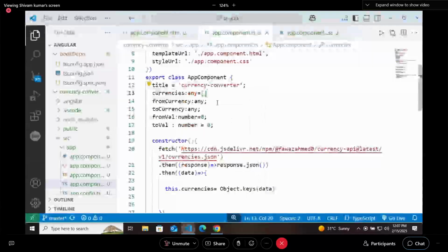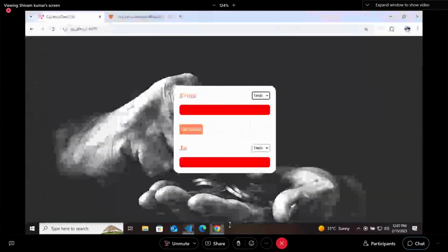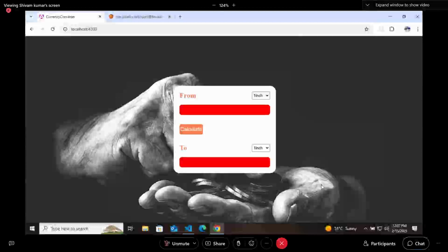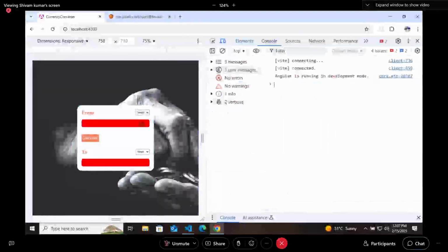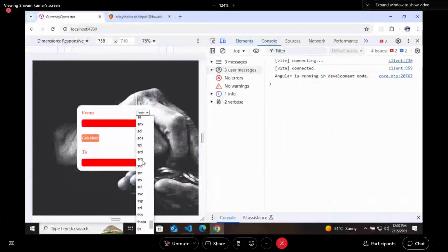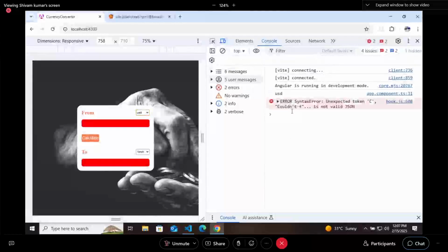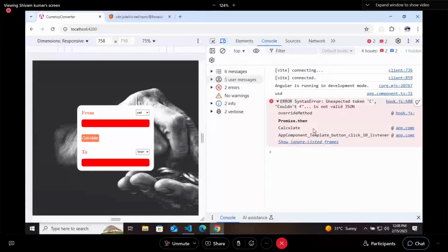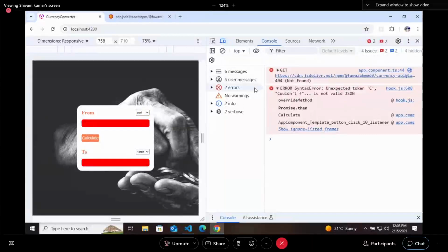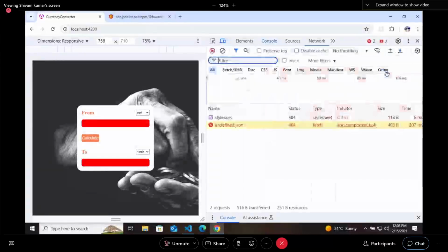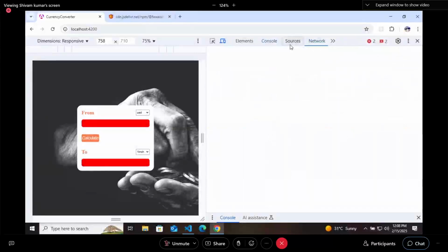For that you need to select something. I'm doing this change so that we can get the rate. So click any currency here, let's say USD. So I will write USD, calculate. Again, this is the problem that we want to solve here, that it cannot fetch this particular API. So what it is trying to fetch, it will go once.